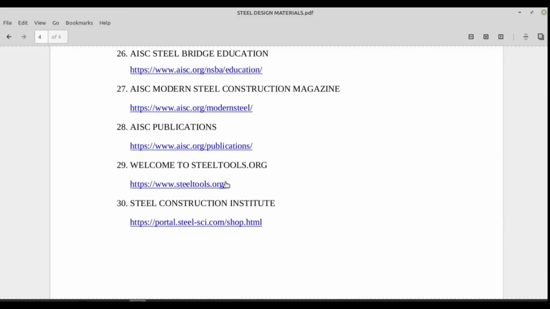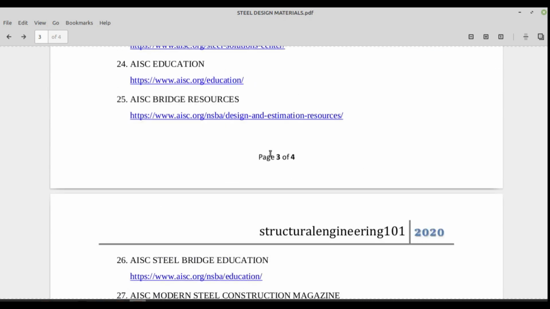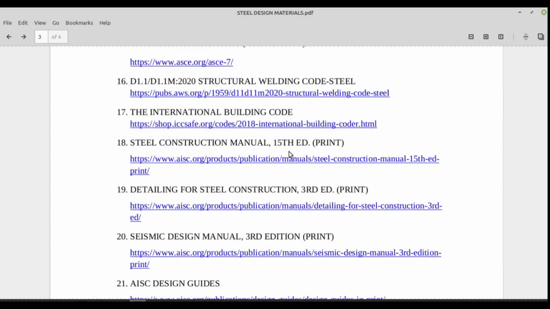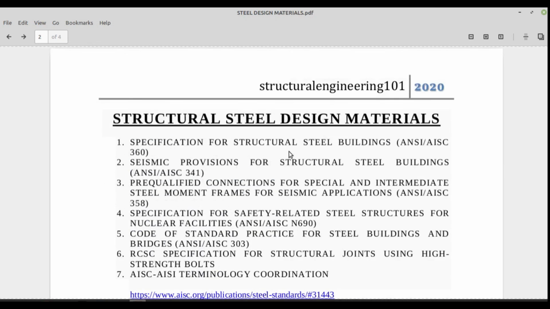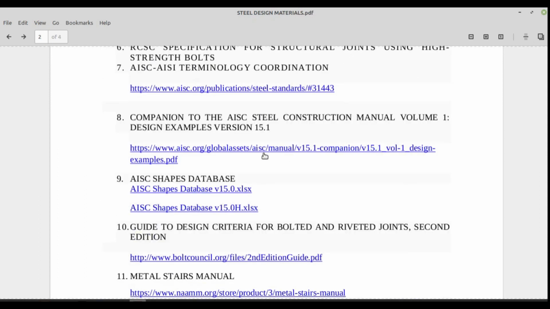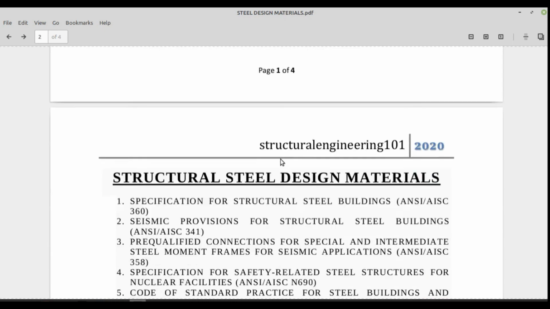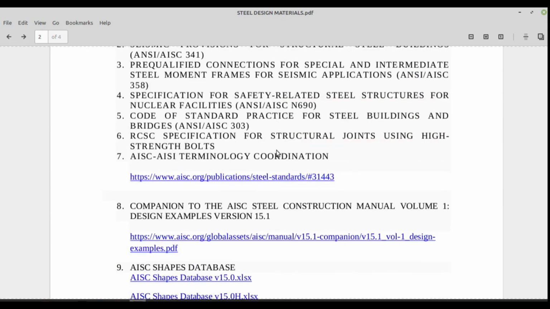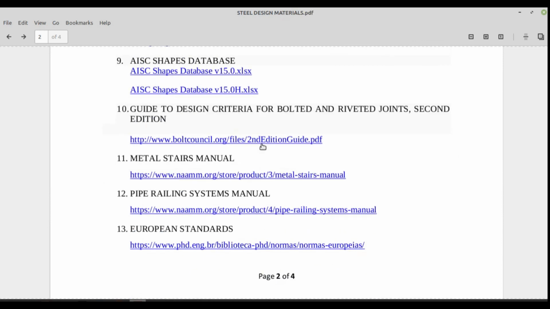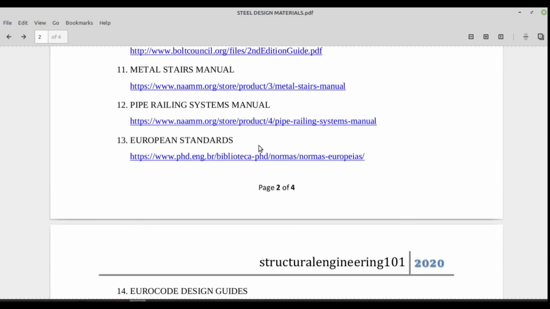So these are the important design materials and website links which are very important for connection design. I have listed them here. You can go through this PDF also. You can go through all the materials which are available for free and download them; what is not available for free you can purchase. Or if your company, institution or organization has a membership, then you can ask them to purchase, so that member discounts will apply. So these are the 30 important design materials and website links